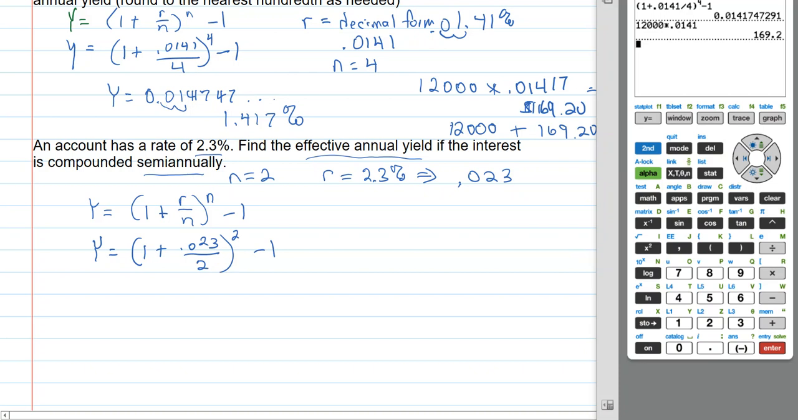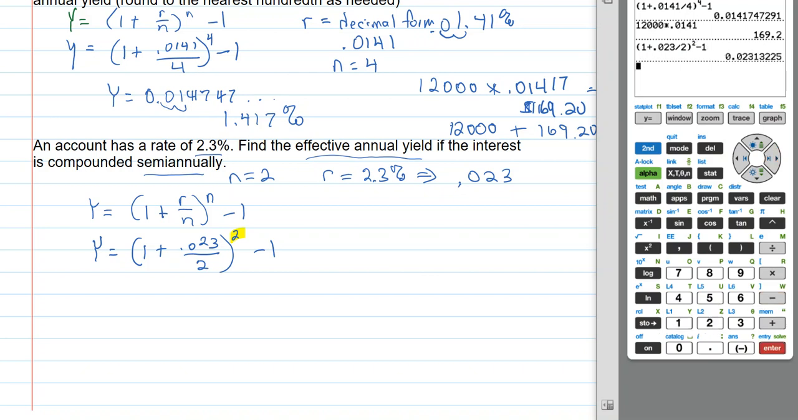Don't forget that part. You saw what happened with the first one. It just won't work. It'll give you an expanded number. All right, here we go. 1 plus decimal 0.023 divided by 2, close parenthesis, up caret 2, go to the side minus the 1. And I get,